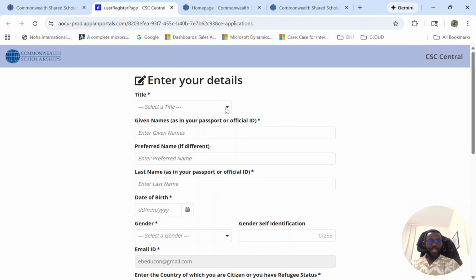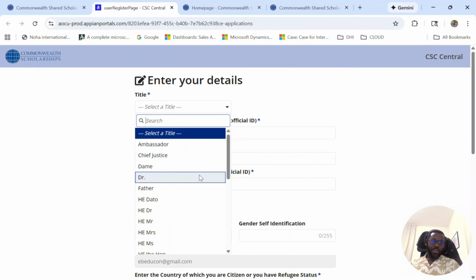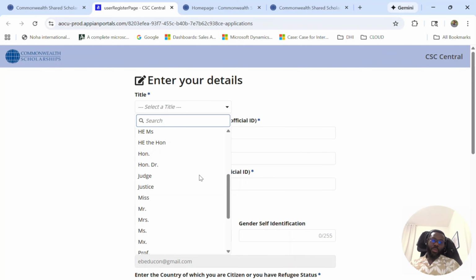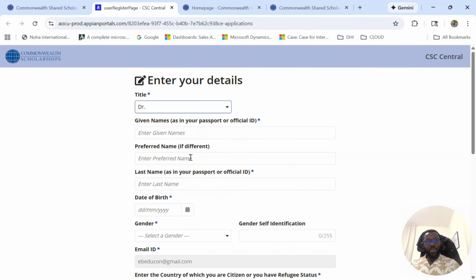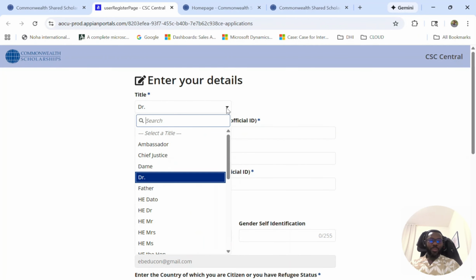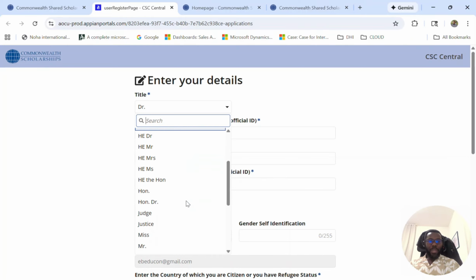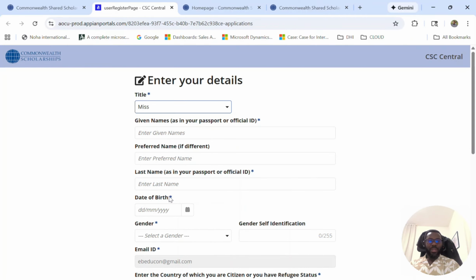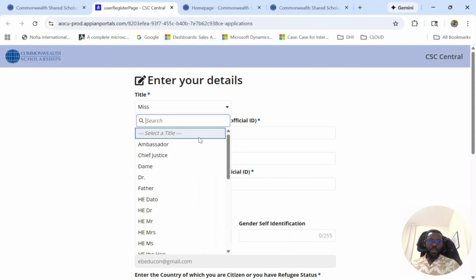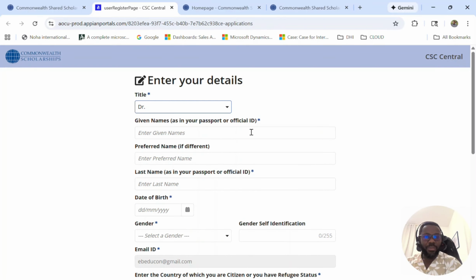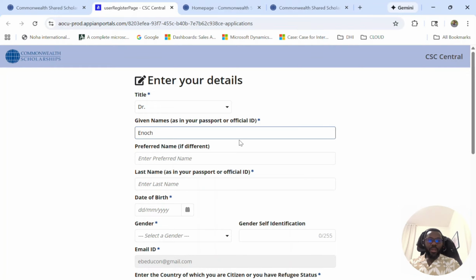Again, if you have any title, put it. If it's not there, whatever title you have, it shows here, you can select the most suitable one and then put it. I suppose that most of you may be misters or miss or whatever, so just put your name as title as you deem fit. Again, you put the information